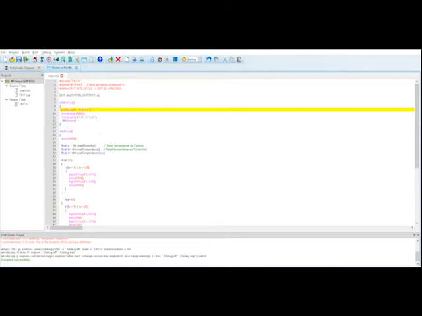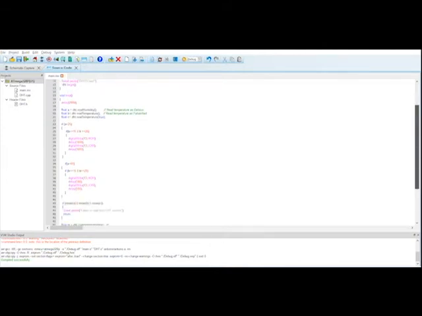In the void loop, first of all I delayed the function by 2 seconds and I declared variables A, B, C, which are humidity, temperature and temperature if true respectively. In this first if function, if the temperature is less than 15 or greater than or equal to 28 and the humidity is less than 25, this function will run, which means that the 13th pin will be high for 1 second and low for 1 second. This is the OR operator which I used.